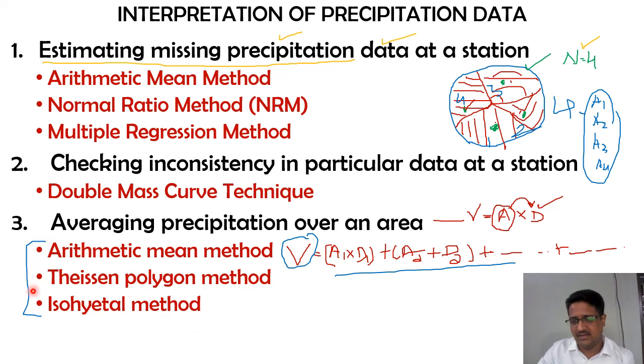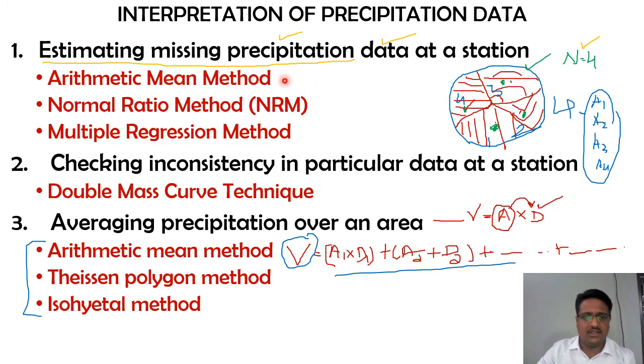These are the 3 ways in which you can determine the average or effective area for that particular rain gauge station. Once these effective areas are known, we can calculate the total quantum of rainfall that has occurred. Along with that, we can even get the amount of runoff. All these will come in the practical aspect of this interpretation of rainfall data. So now one by one we are going to check these, and the problems will be there on all of these.